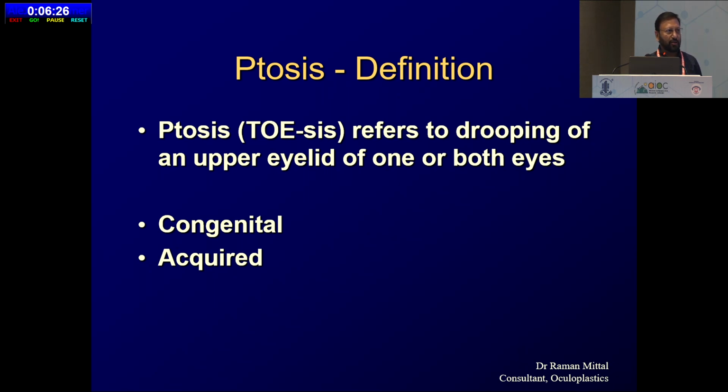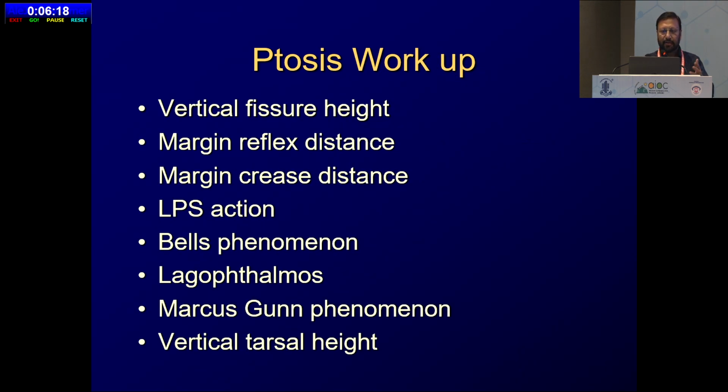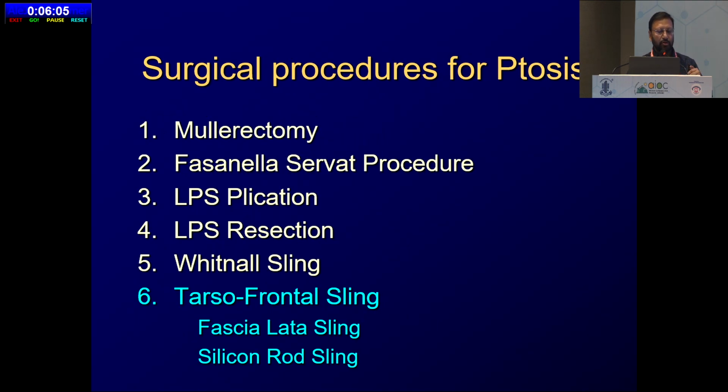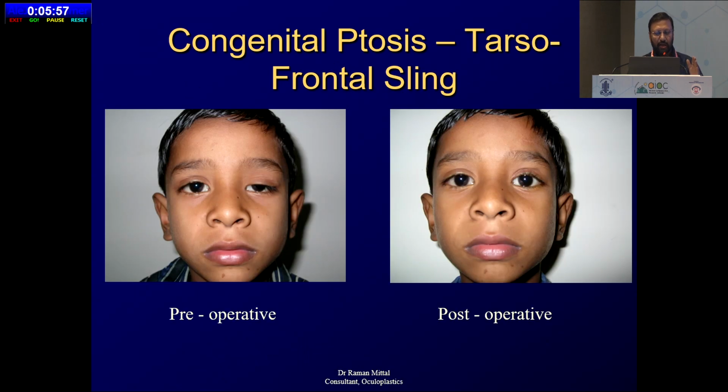Ptosis, or droopy lids, is drooping of either one or both eyelids, which could be congenital or acquired. These are the workup parameters we all know: fissure height, margin reflex distance, crease distance, LPS action and so on. Depending upon what findings we have, we decide upon the procedure. Apart from congenital ptosis, where we see poor LPS action,